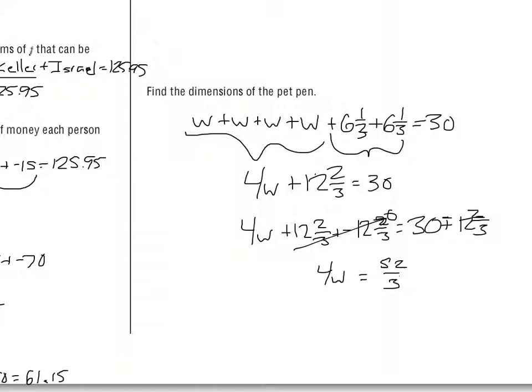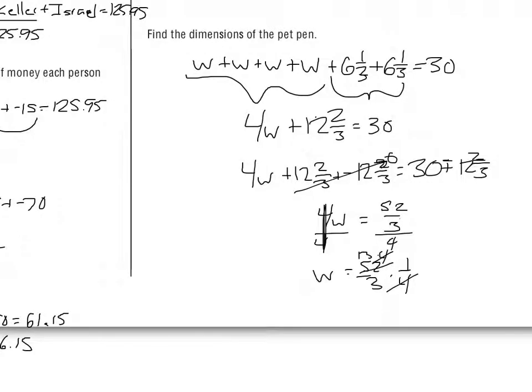All right, dividing both sides by 4, well, we know that's the same thing as multiplying by 1/4, because we are going to divide fractions. This is going to be W times its reciprocal, 52 over 3 times 1/4. This actually we can break down as 13 times 4 to do some simplification beforehand, and we're going to get 13 over 3 is going to be our width, which if we break that down, that's going to be